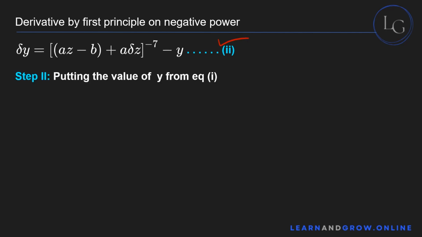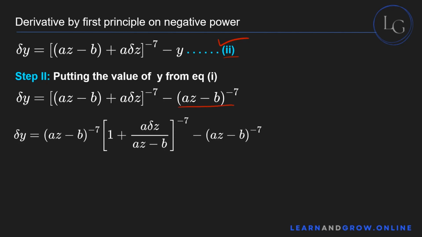The second step is to put the value of y from equation number 1 in this equation number 2. So this y will be replaced with (az minus b) whole to the power minus 7, and to apply the binomial expansion over here, you'll take (az minus b) whole to the power 7 common outside, and this az minus b inside the bracket becomes 1, and you'll divide this a delta z by az minus b, because once this is multiplied with (az minus b) whole to the power minus 7, this cancels out,